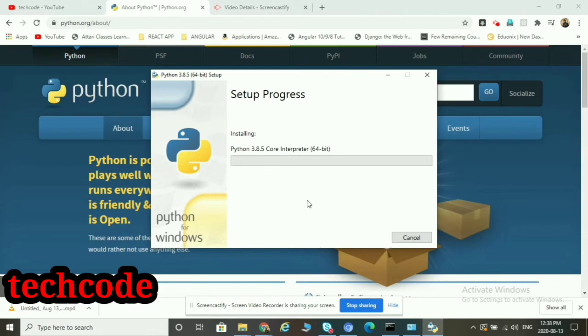Okay, we have clicked on Install Now. So it is installing the setup for Python 3.8.5, the development libraries, executable files and all. You just need to click on the Install Now button and it will install all the files required for the setup on your machine.